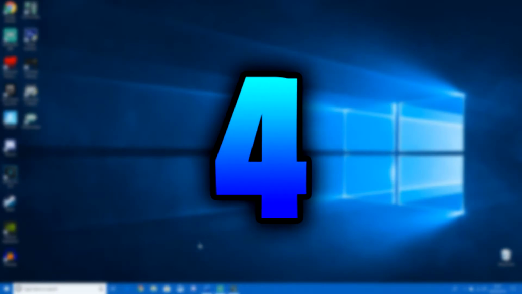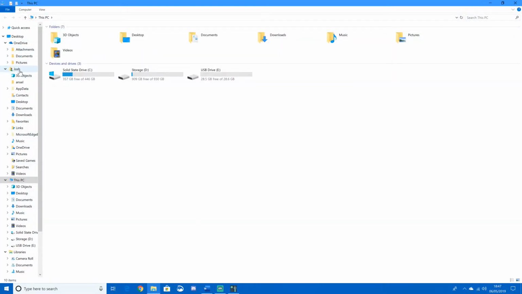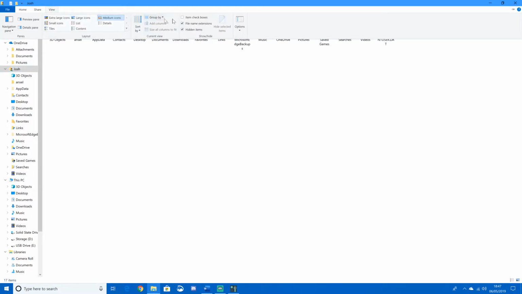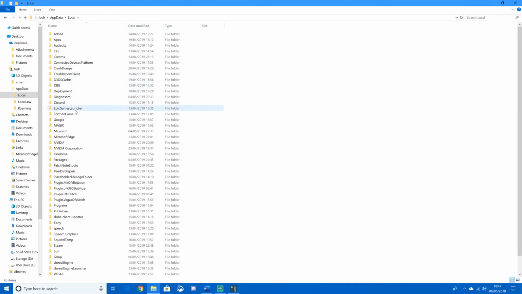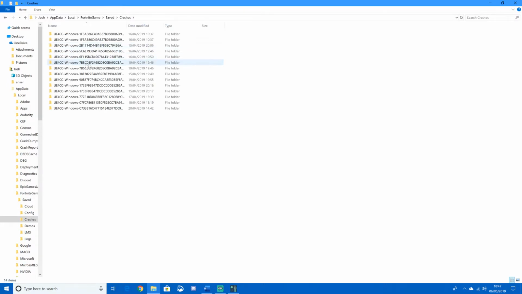So step number 4, you are going to want to navigate over to your file explorer and then simply go down to your user, and you should see a folder named AppData. If that's not there, go to View and make sure Hidden items is checked, because otherwise it shouldn't be showing. Double click on AppData, then go up to Local, where you are then going to go all the way down to FortniteGame, Saved, and then go across to Crashes, and then here,